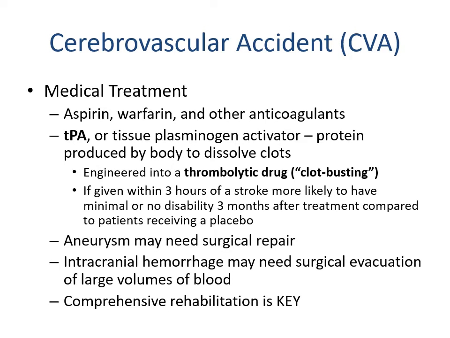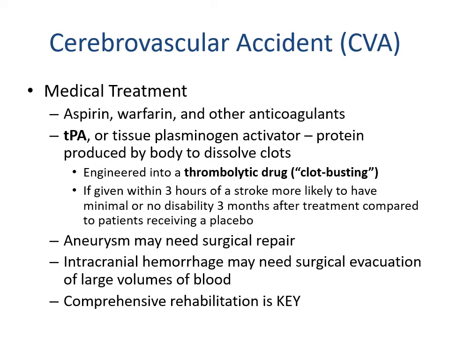And so we've now created a thrombolytic drug. We've taken what your body would normally produce, and we've created a concentrated version that we can give patients as the so-called clot-busting drug. If given within 3 hours of a stroke, patients are more likely to have minimal or no disability 3 months after treatment compared to patients who receive a placebo. Again, we want to restore blood flow to the brain as quickly as possible, and this is how we do it. Now on the flip side, the next bullet point says the aneurysms will need surgical